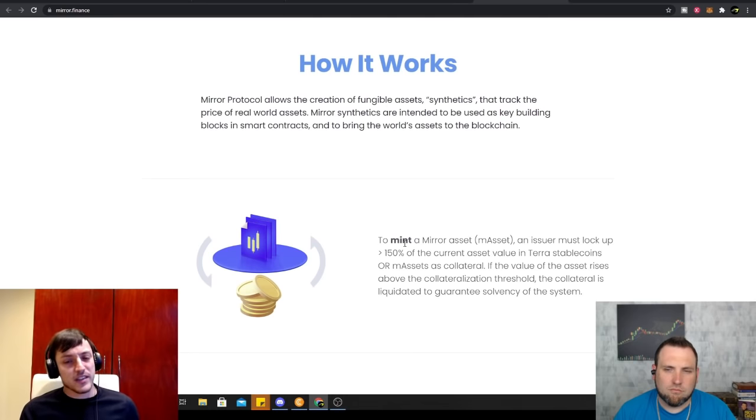But what I think is quite interesting with a lot of these mirror assets, such as with Mirror Protocol or synthetic assets, which is the broader term for them, is sometimes you don't even need a peg. It simply tracks the value of something else. Really complex, actually, in terms of the everyday person understanding it. But long story short, you can trade assets that normally you wouldn't be able to, and you can do all of that without leaving the crypto ecosystem.